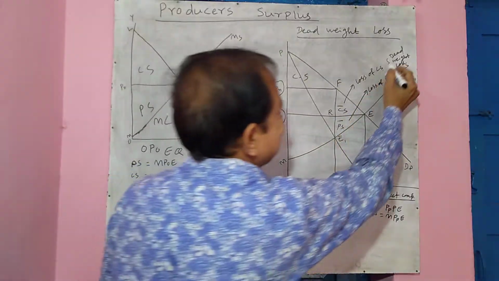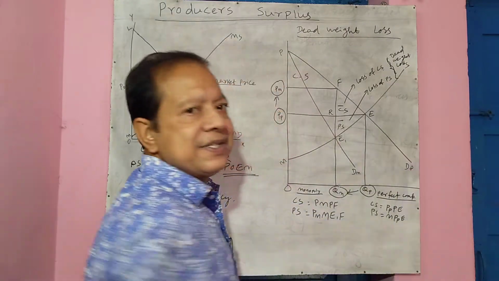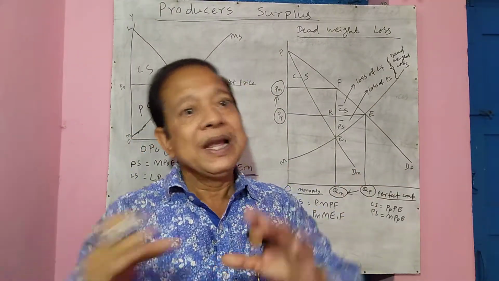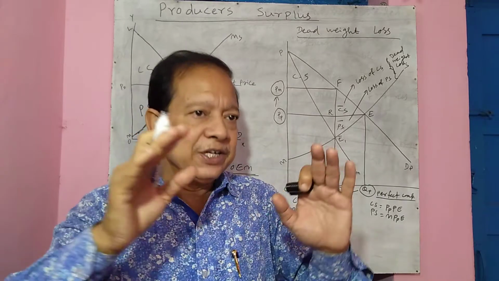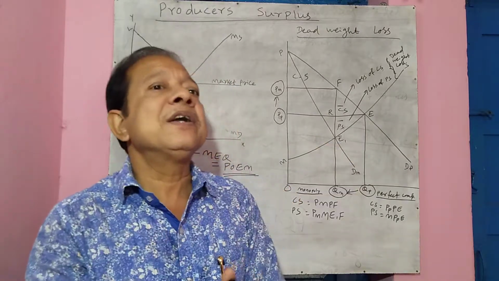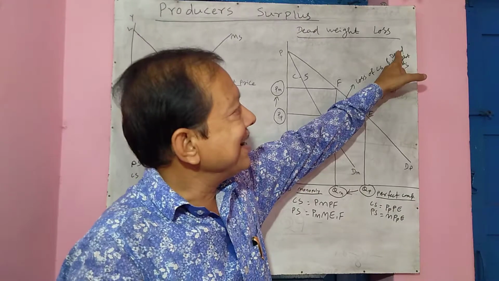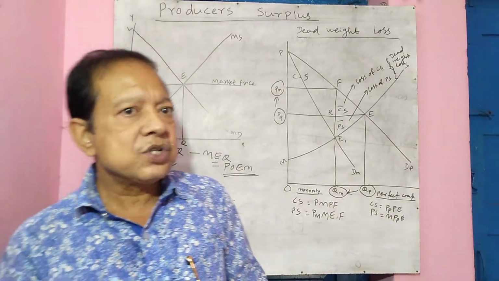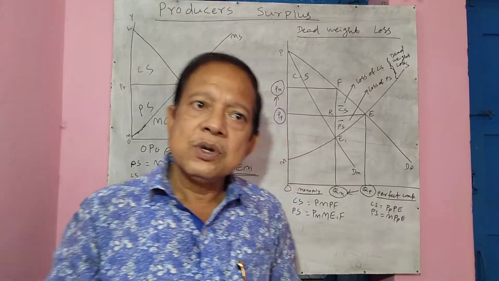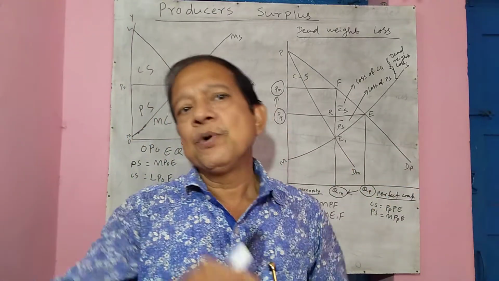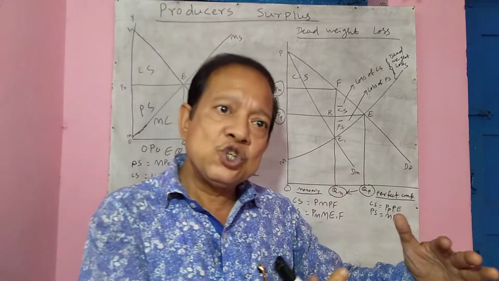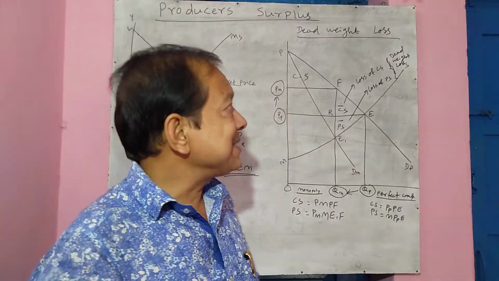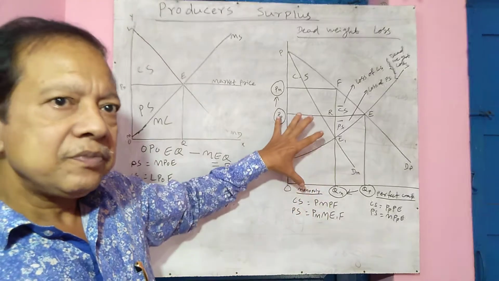And these two taken together, whether it is the consumer surplus loss or the producer surplus loss, it is a loss to society. It is a loss to the economy, to the market as a whole. Therefore, we call this the deadweight loss, where the loss comes both to the producers and to the consumers. There is less consumer surplus, there is less producer surplus. Therefore, we call this deadweight loss.